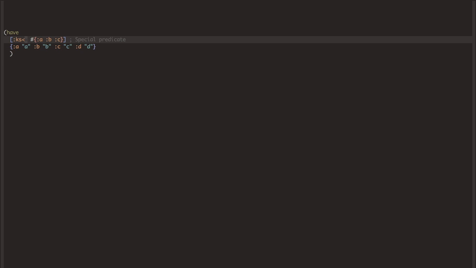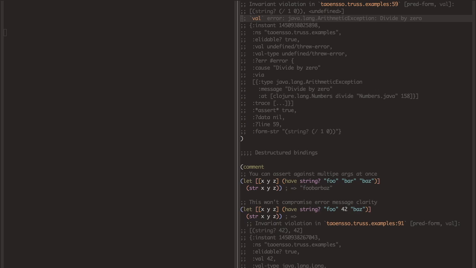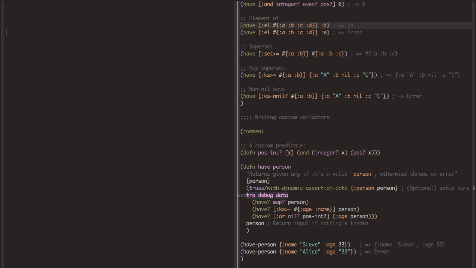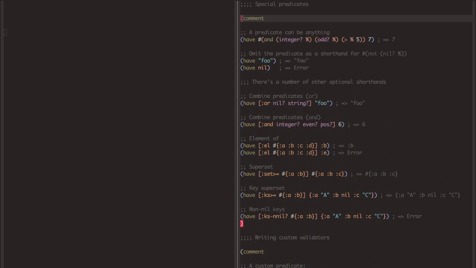They are a superset. And we have keys smaller or equal to, we have keys equal to, we have keys bigger or equal to for a superset, and various other little bits of syntax there to help deal with common case predicates. One of the most commonly used shorthands is if you are doing something like this,